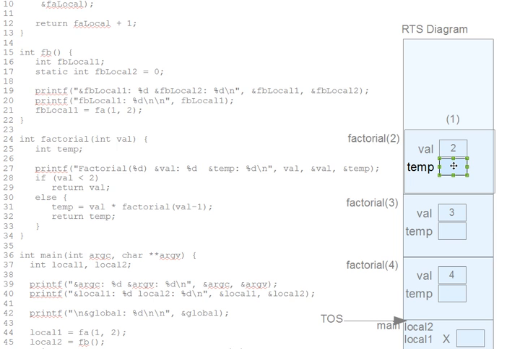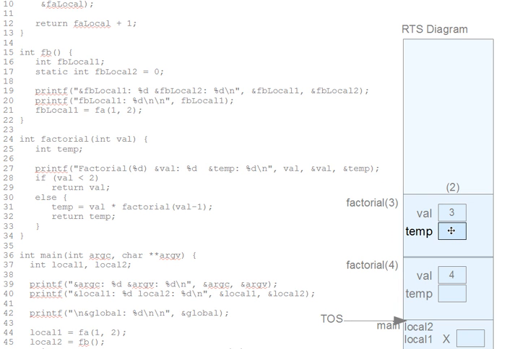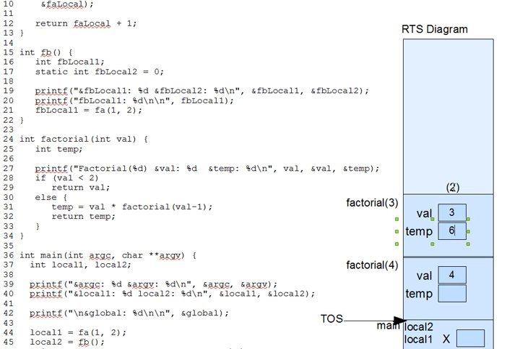And that means that factorial 2 computes a value of 2 for temp, multiplying in the value of val. And now, of course, factorial of 2 also returns and leaves that value 2 on the top of factorial 3's stack frame. And factorial 3 takes that return, of course, multiplies it by its val for 6. And the 6 is what it returns then. And the factorial of 3 frame goes away. And we leave a residue return value of 6